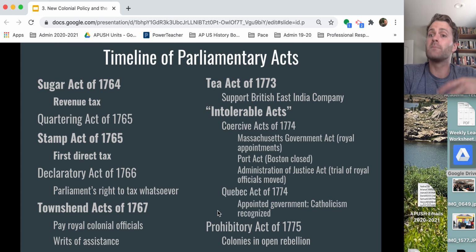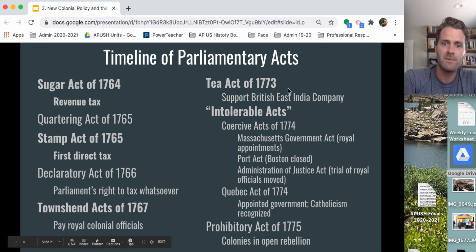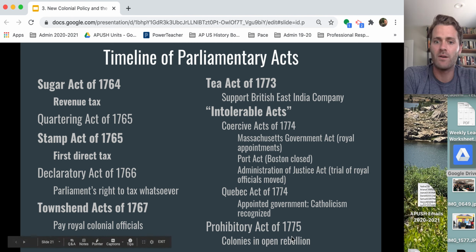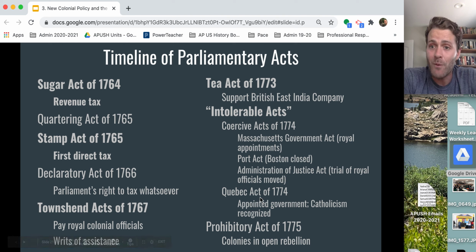So what comes next is going to change all that, and we'll save that for our live session this week. But this is just a quick look at how England is going to work to pay for their empire. First, with the Sugar Act, charging a tax on all things that use sugar, followed by a Stamp Act, and then a Declaratory Act, and the colonies are mad, and they're rebelling, and they're protesting, and then the Townshend Acts, and then the Tea Act, and then the Boston Tea Party, and then the Intolerable Acts are passed, and next thing you know, by 1775, the colonies are declared to be in open rebellion. So we see in the span of the next 11 years, things go a little haywire, but we'll save that